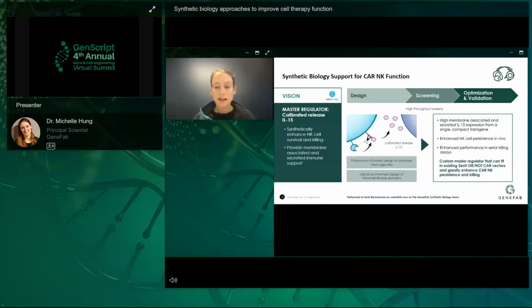The team of scientists who are now at GeneFab designed these synthetic calibrated release IL-15 constructs, using proteomics-informed design to create a suite of different potential protease cleavage sites, and then a literature-informed design of many different transmembrane domains, and combined these into a small library, performing high throughput screens to identify the best construct that gave high membrane-associated and high secreted IL-15 from a single